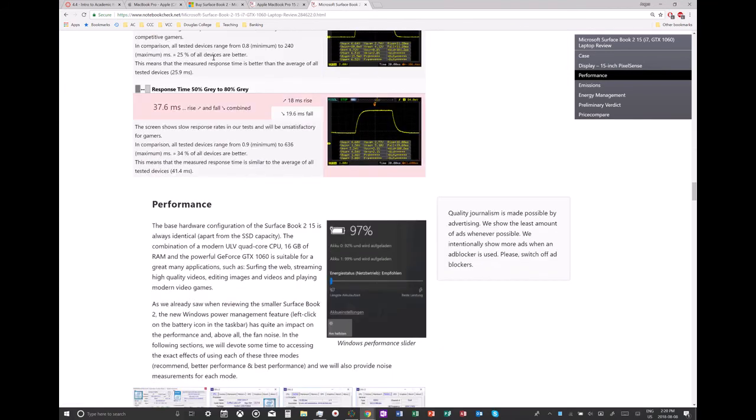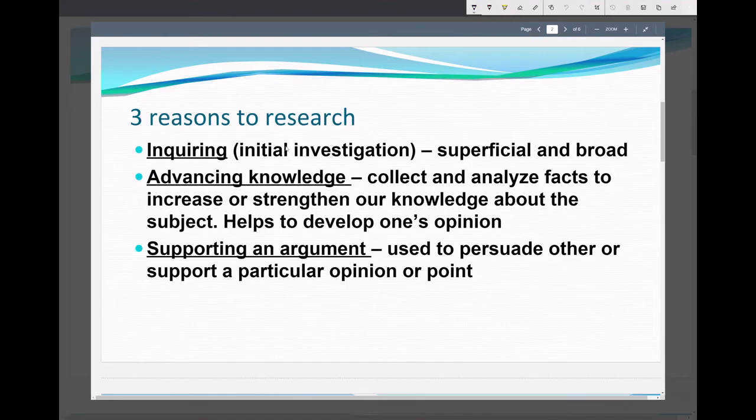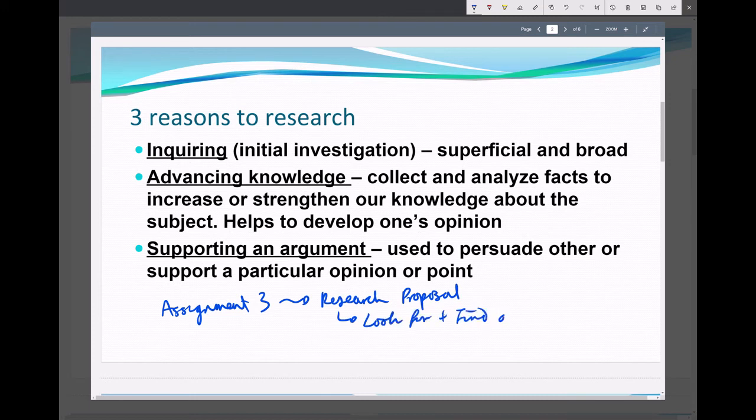So in your assignment 3, when you do a research proposal, this is why we want you to look at academic journals. Want you to look for and find academic journals, because we want facts. Facts from research.